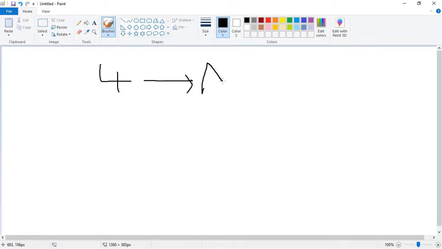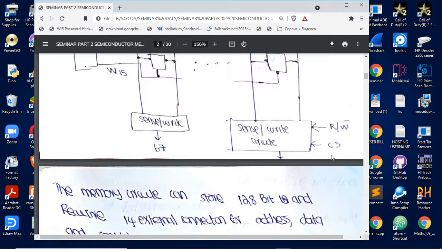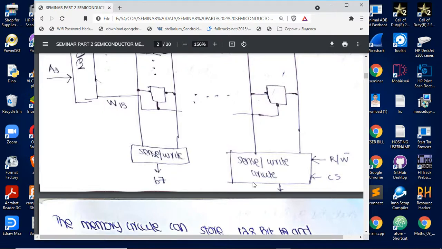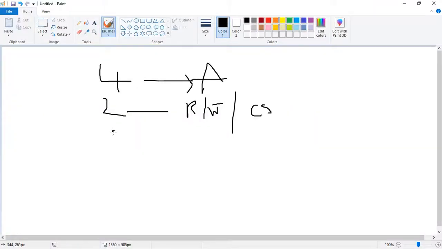Okay, 4 address, and we can see 2 for read and write and control. Okay, read and write bar control signal. There is a 2, like we can see read and write and a control. Okay, from 8 we can see there is a 8 signals coming there. So 8 lines for what? For the